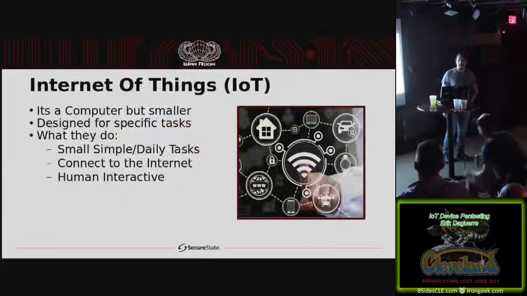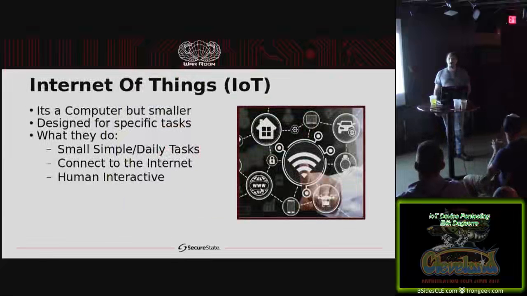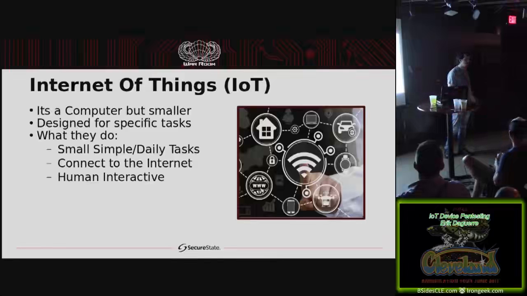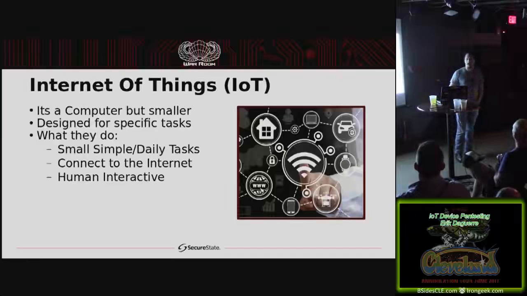So Internet of Things, what is it? It's actually a computer. Realistically, when you break it down, most of them have a really small ARM processor. They have a little bit of memory, RAM, and they do things repetitively. They're designed to help your daily life in one way, fashion, or form or another. I don't know, sneakers that talk to the internet, I'm still trying to figure out what that's good for. But anyways,